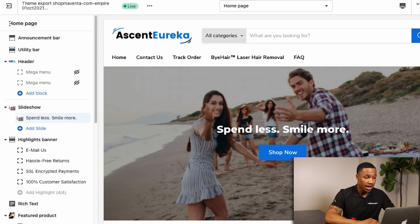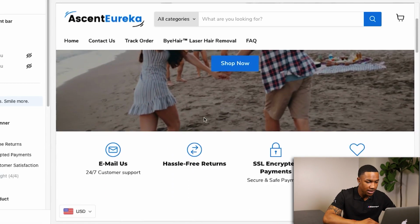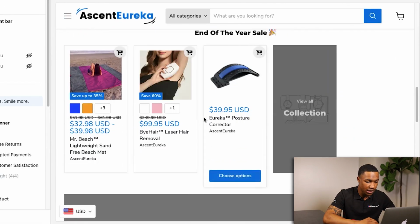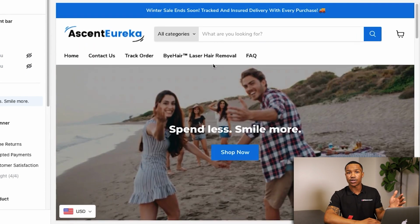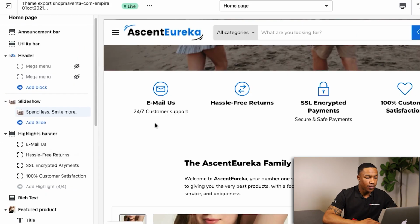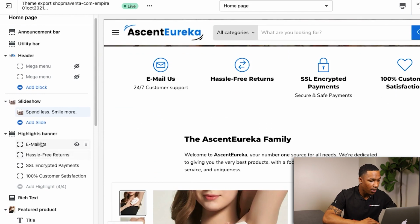So that's your slideshow, and then you want to make sure that this link actually goes to your main product. So you want to make sure that all of these links actually go to your main product, except for your collections whenever we get there, because you want to bring it all back to your product page. So now that we went over the slideshow, we now are going to make sure that we have our rich